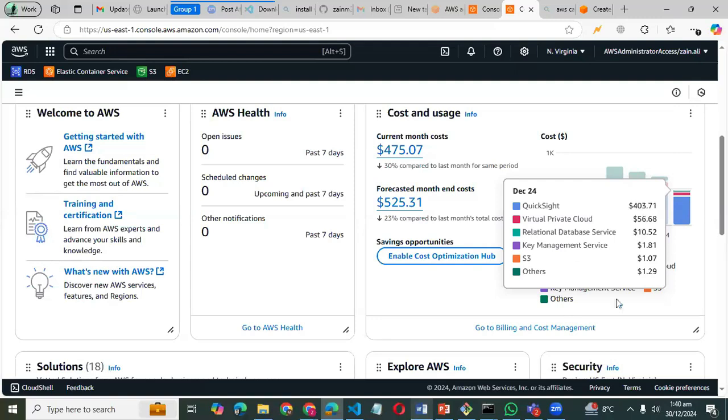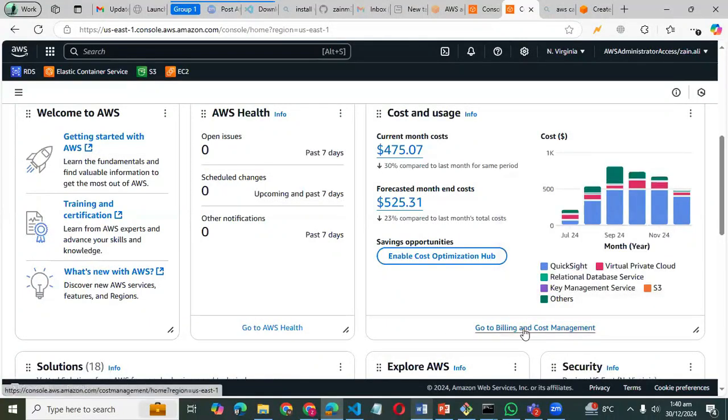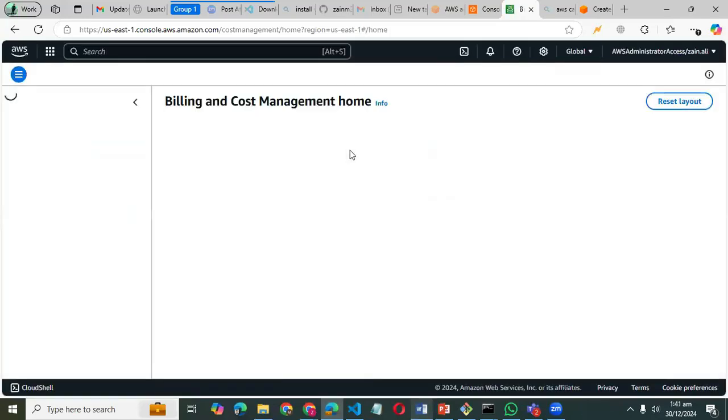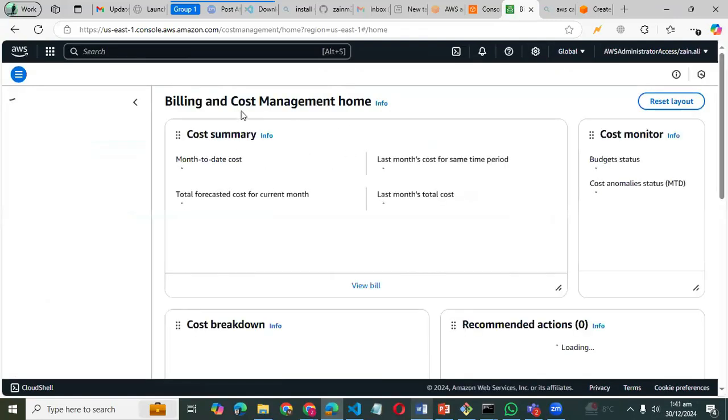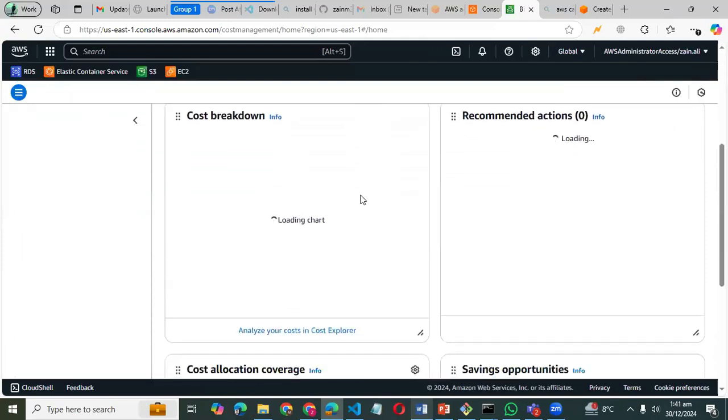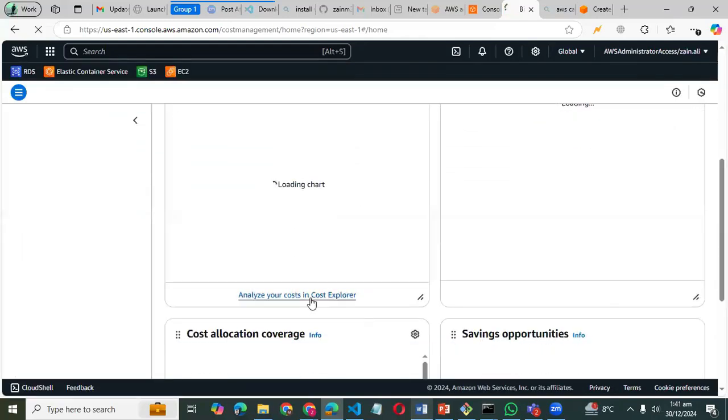So it gives you a whole cost analysis. If you go to billing and cost management, you can see the detailed cost analysis of your cost, right? Where your actual costs are being spent and on what services. You can see it by going to the billing and cost management service, right? Here, if I analyze your cost in Cost Explorer,